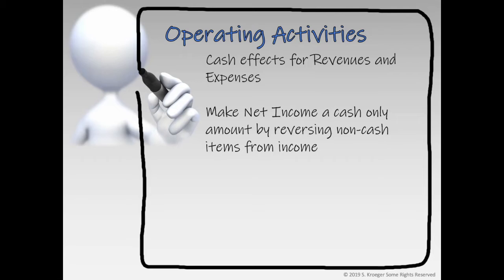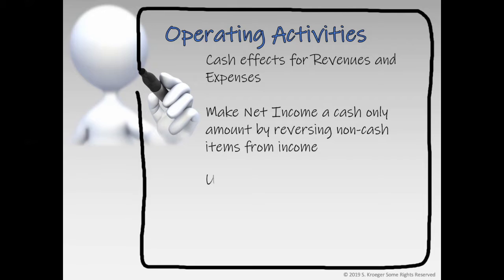For example, making a sale on account. Under accrual accounting, we will count the revenue when the sale is made, even though we have not received the cash yet. For the statement of cash flows, we only want to show the cash transactions, not the accrual or non-cash ones. We are essentially going to show what our net income is. Then we're going to reverse out all those non-cash transactions so that we can find our net income on a